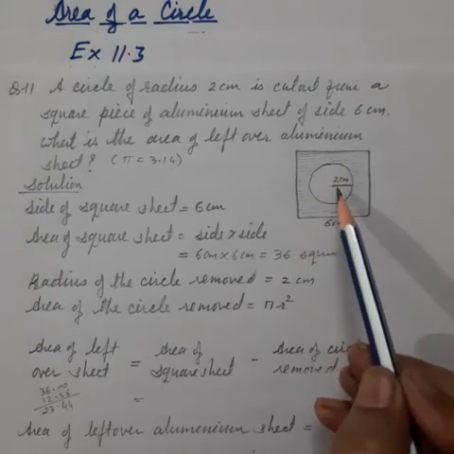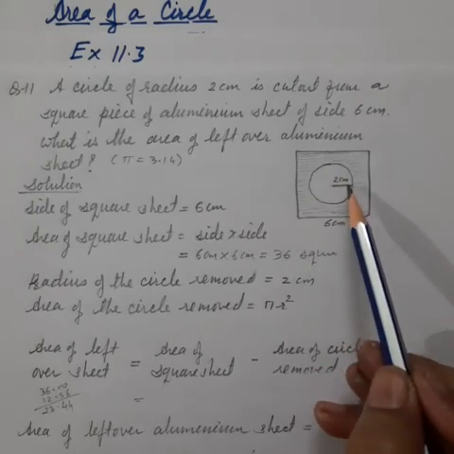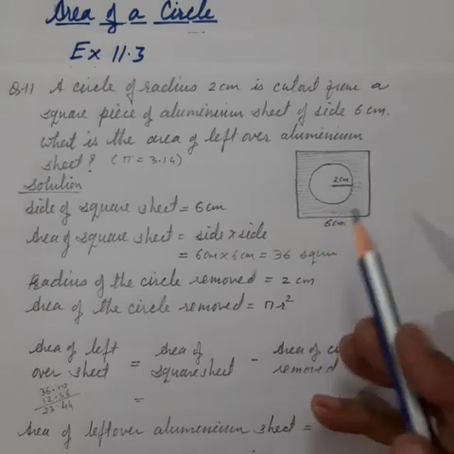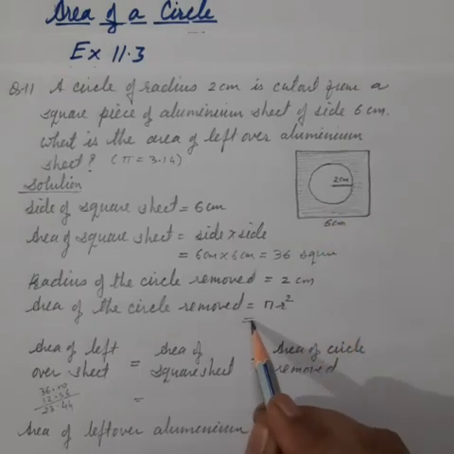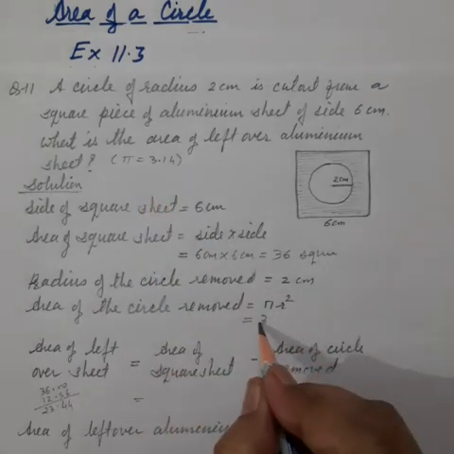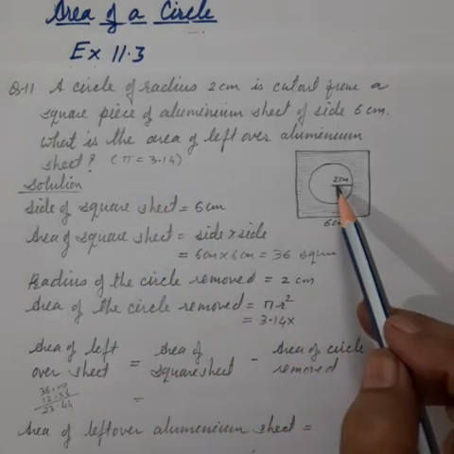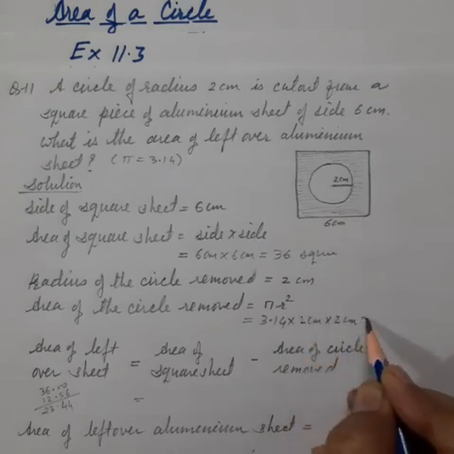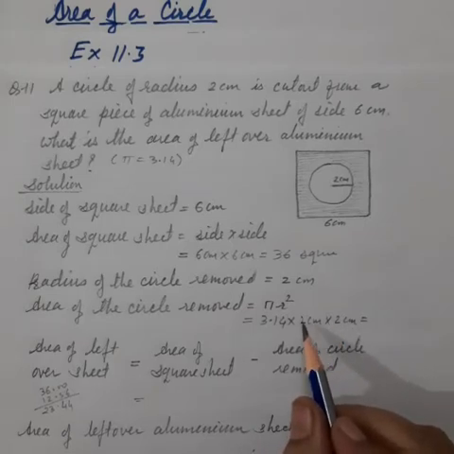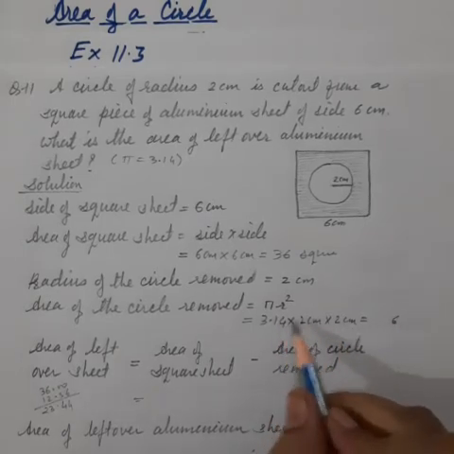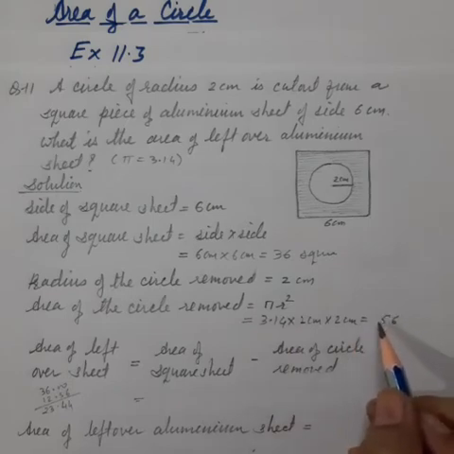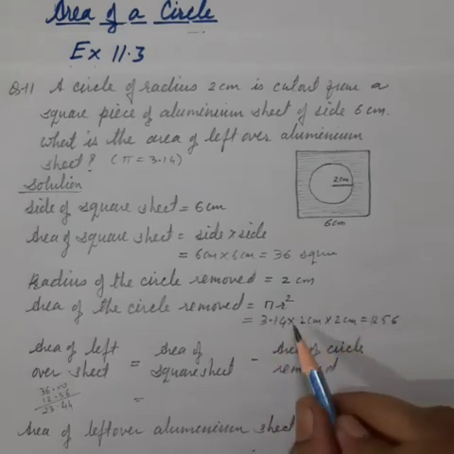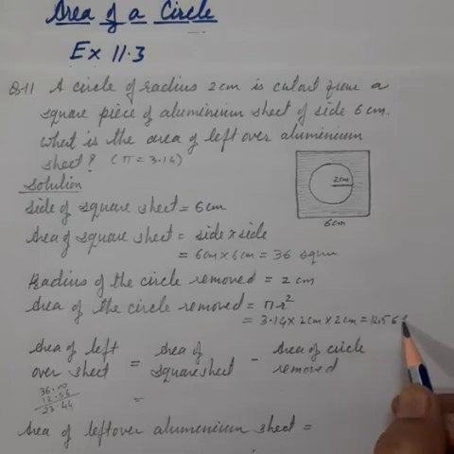Radius of the circle is given 2 cm. Let us find out the area. Area of circle is pi r square, and here the value of pi we have to take 3.14. And radius of circle is given 2 cm. So multiply by 2 cm into 2 cm. 2 2s are 4. And 4 4s are 16. 1 carried. 4 1s are 4 plus 1 5. And 4 3s are 12. Before 2 digits point. So the area of circle we get here 12.56 square centimeter.